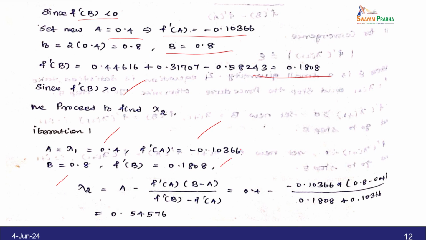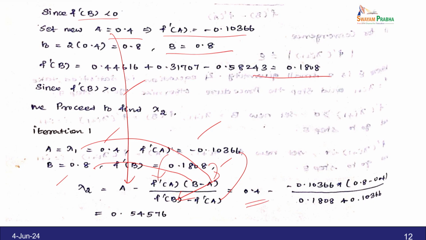Therefore, lambda 2 equal to A minus f dash of A into B minus A by f dash of B minus f dash of A. A value we got is 0.4, and f dash of A we already know, f dash of B we know, and B we know, and A we know. Substitute it, we have 0.4